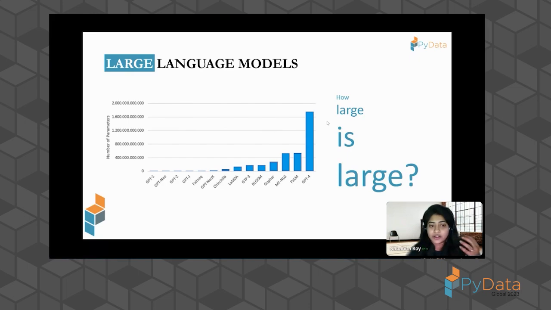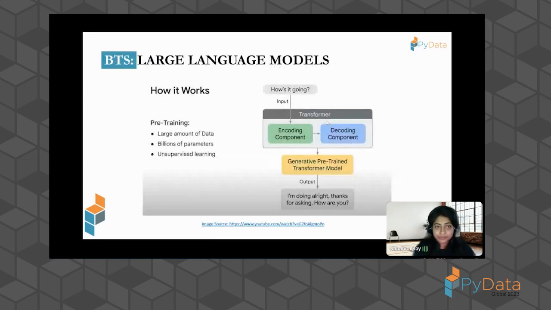But the question is, how much can we scale our parameters, our features? Efficiency is going to increase, right? But how are we going to manage the infrastructural costs in that sense? Because holding that large feature set is very difficult. So large language models range up to billions and trillions of features, as you can see on the screen. GPT-3 has about 1 billion, and GPT-4 has about 1.7 trillion parameters.